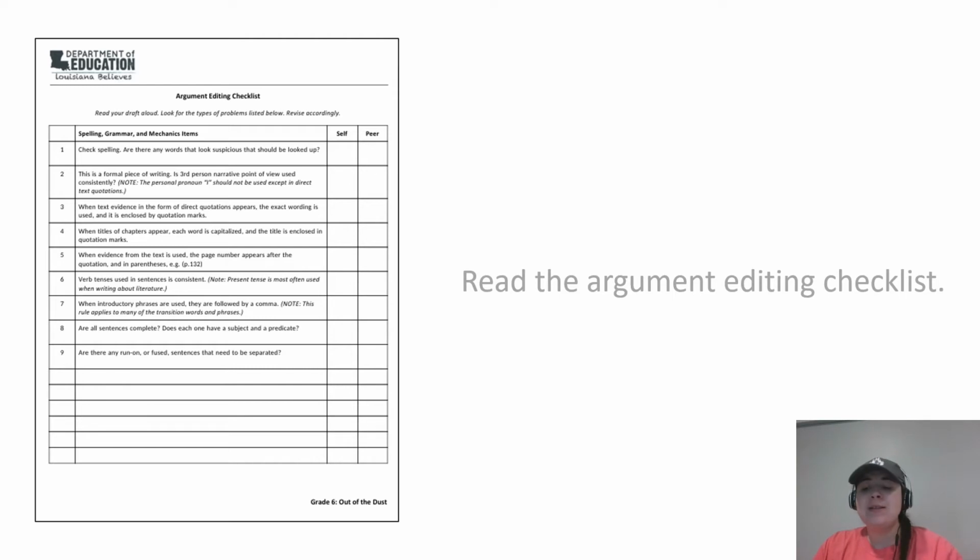Because what happens is whenever you use those first person pronouns like I or we, what that does is actually bring emotion into your argument essay. When you're doing something like this, you want to speak to the logic, to the thinking of it. You don't want to speak to the emotion of it, okay? Because a lot of times our emotions can override our logic, okay? So, number three, when text evidence